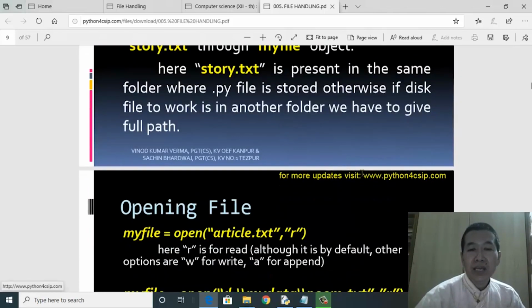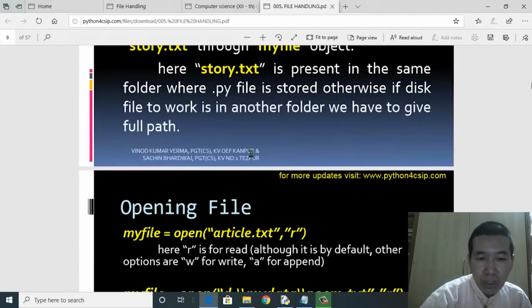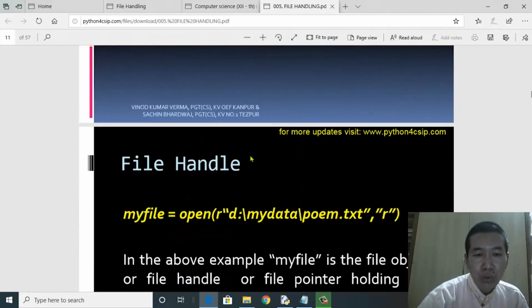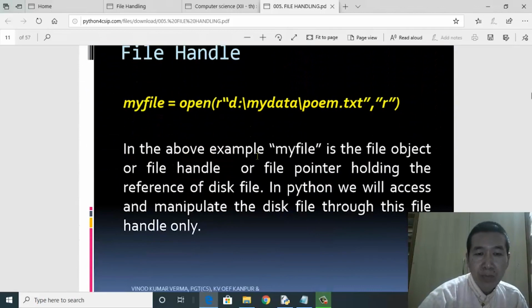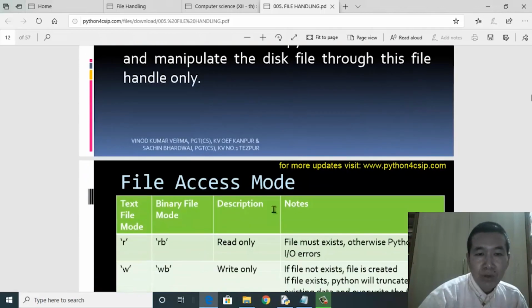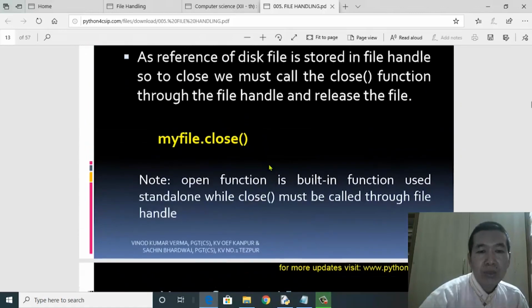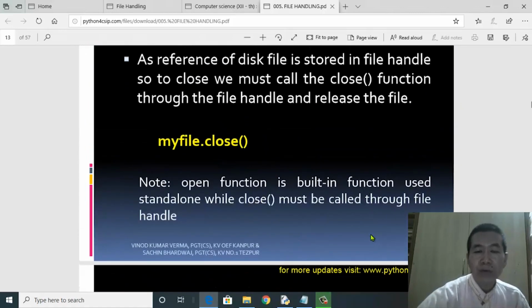And then there are some extensions and additional explanation. I want everybody to please go through all these slides, and if possible make notes of these slides till closing a file. Copy them as notes, and refer to the programs which I've shown you in the video itself.